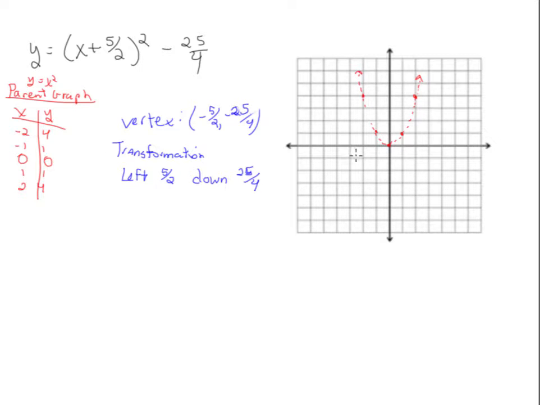Start by plotting your vertex. Then we use key values from our parent graph. Remember, from our vertex we have over 1, up 1, back over 2, up 4, and that'll give us our graph of this equation, y equals x plus 5/2 quantity squared minus